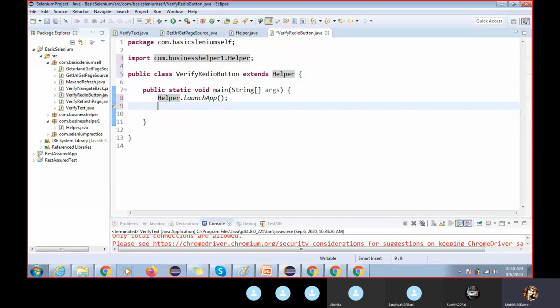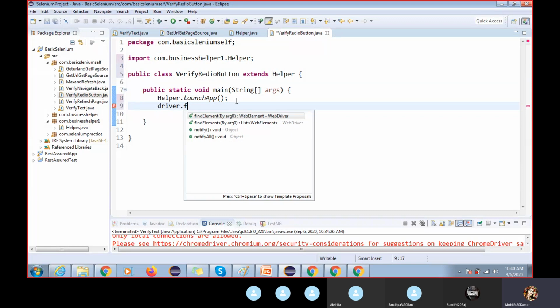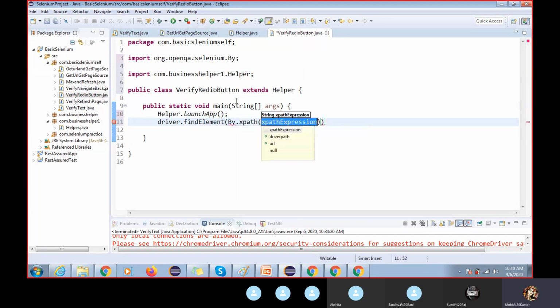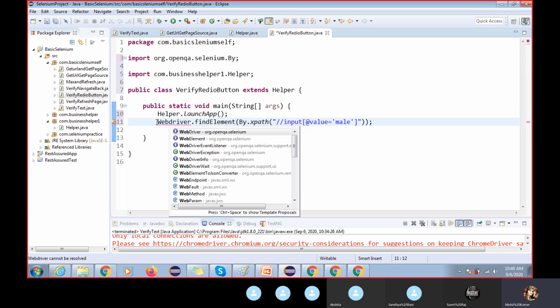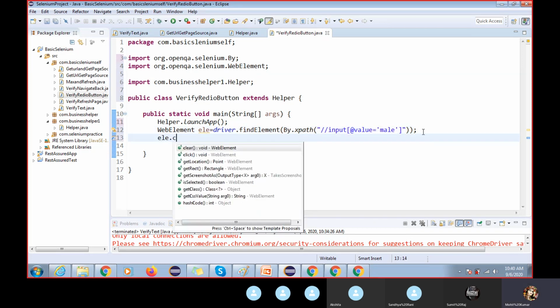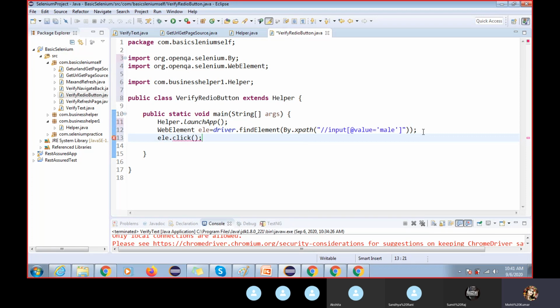What are the steps? In the framework, we will also not write this findBy and all in one class, but we cannot tell you in one shot. When we learn the page object model, that concept is there. WebElement ele equal to, okay, WebElement. Now ele.click, I'm going to click here.